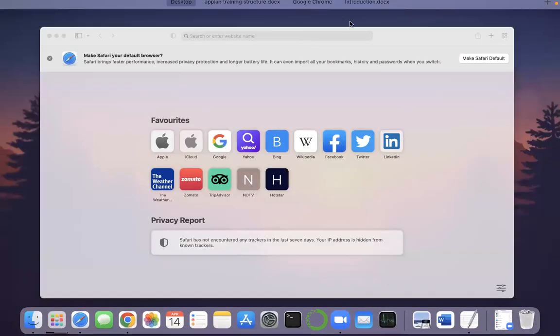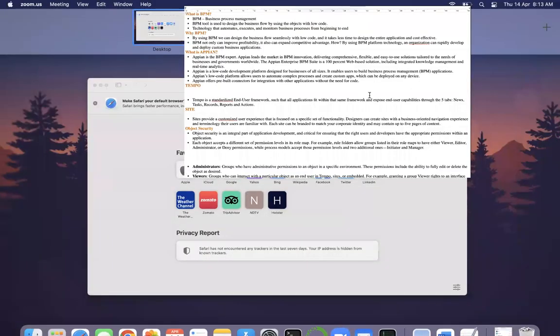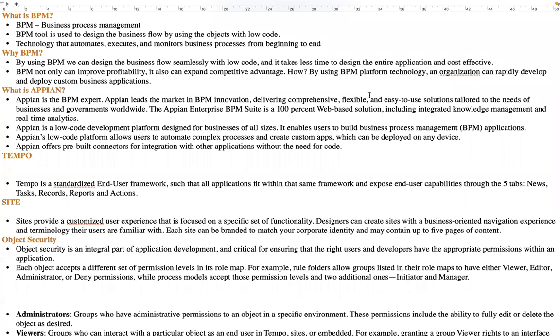Appian is a BPM technology. Before learning Appian, we need to understand what BPM is. BPM stands for business process model. It is used to design business flows with low code and configurations.